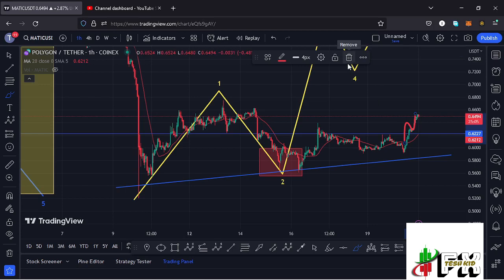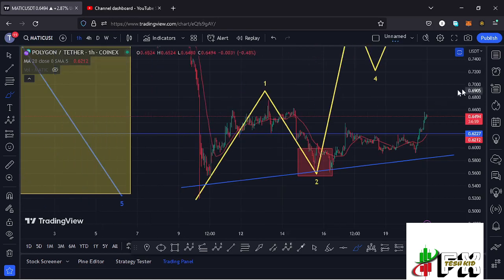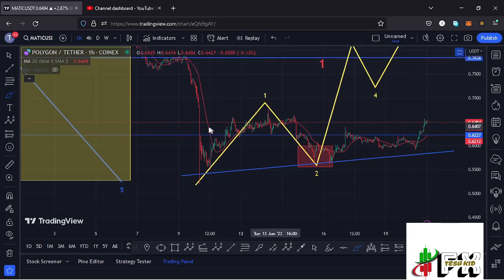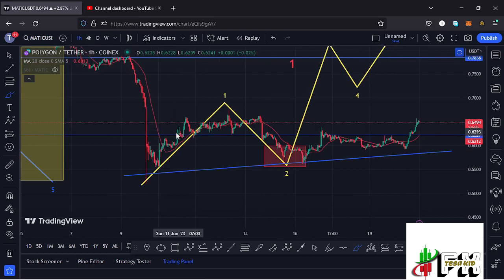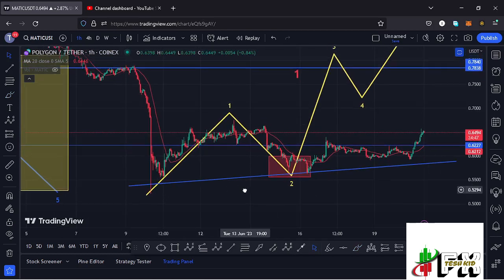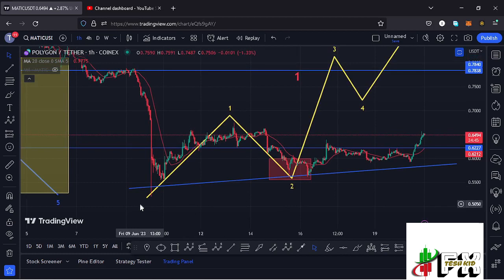$0.6555 mark. Matic has also continued to obey the Elliott wave structures, where you can see that after seeing our massive crash on the 10th of June in a breakdown move that gave us a low at around the $0.5 mark, I started tracking this Elliott wave structure on the charts, where I have been terming this as the first wave to the upside. Then we saw this corrective move to the lower side in the formation of this wave 2,